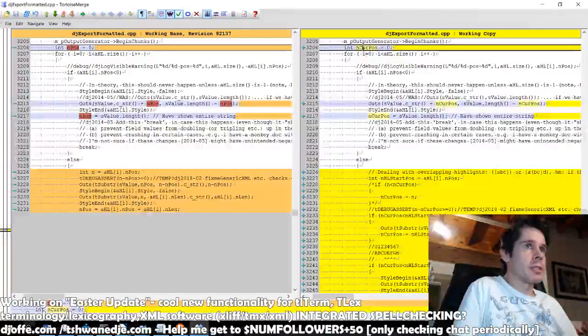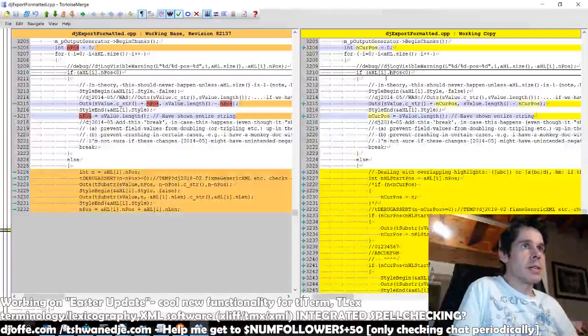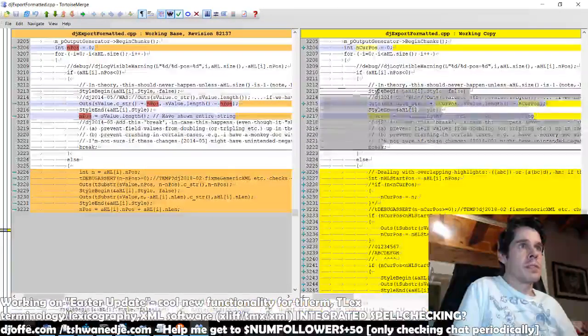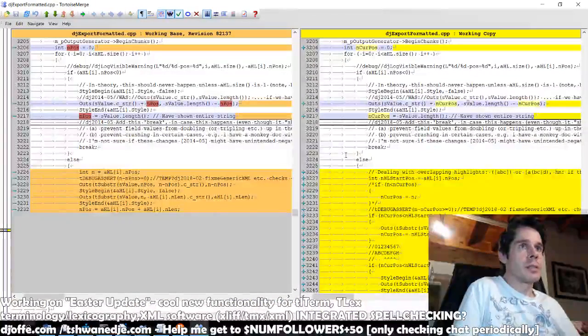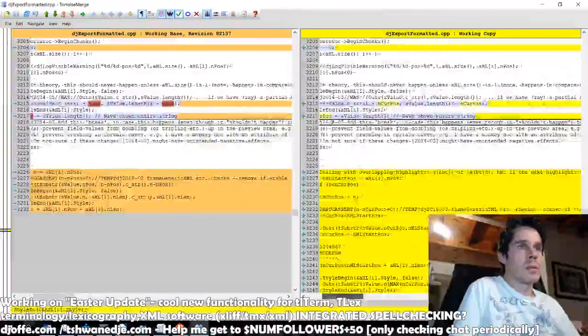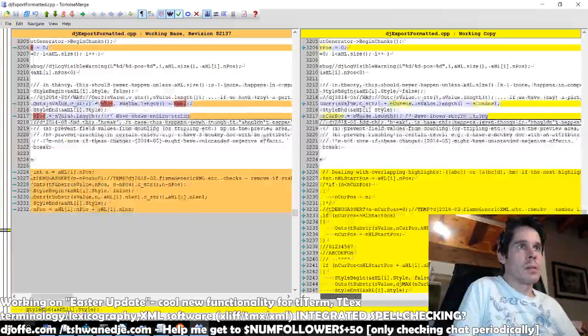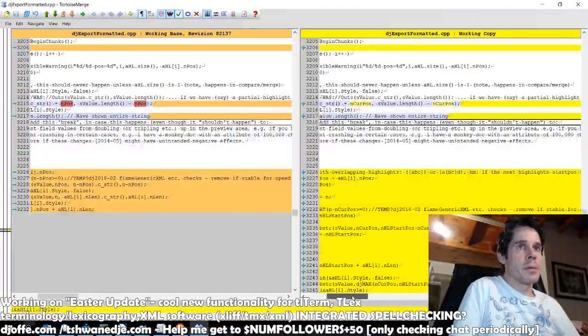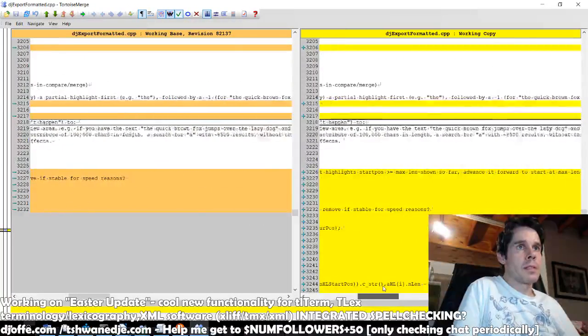Okay, that's just a variable change. Yeah, so the negative one means highlight everything. So it just displays everything and says break. It says it shouldn't happen, but actually